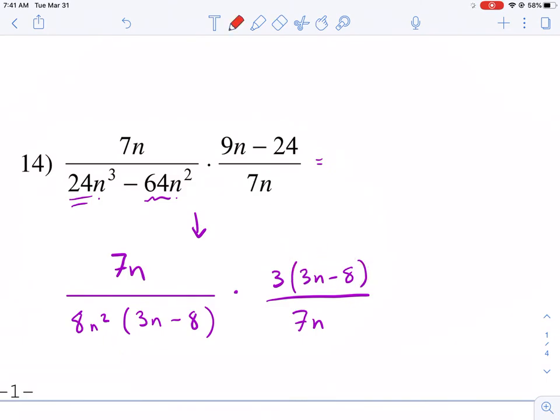Okay, so now let's go ahead and cancel like terms. 7n, 7n, 3n minus 8, 3n minus 8. What is left? 3 times 1 over